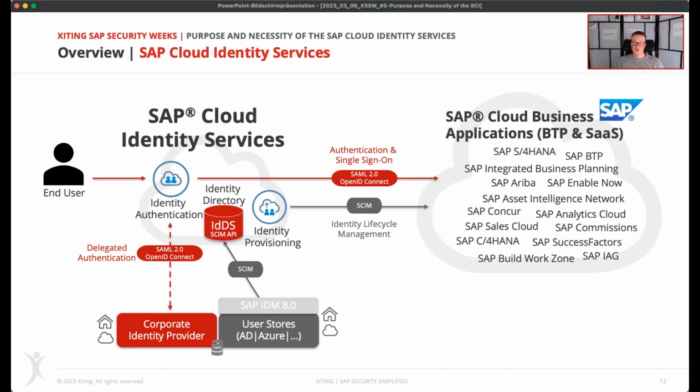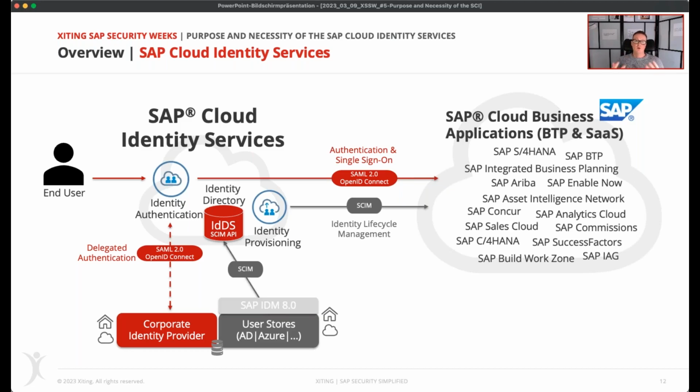So the primary purpose is to provide organizations with a secure, unified way, you could say, a single platform to manage user identities, to manage authentication and access controls. It will be a future topic of this solution, and also to serve as an integration point with a probably existing IDM solution. So in general, the cloud identity services are still a public cloud service operated by SAP, available in many regions and data centers around the world.